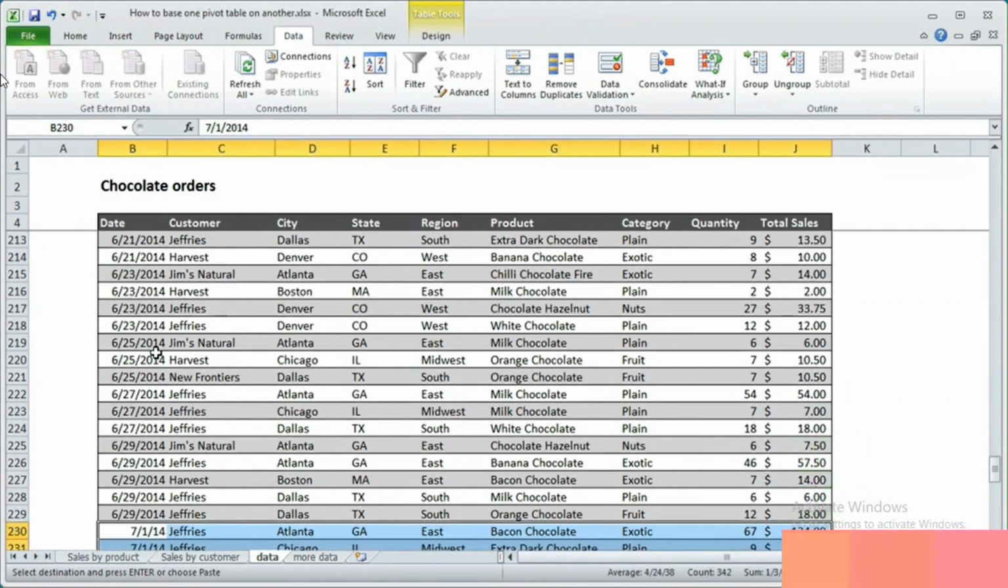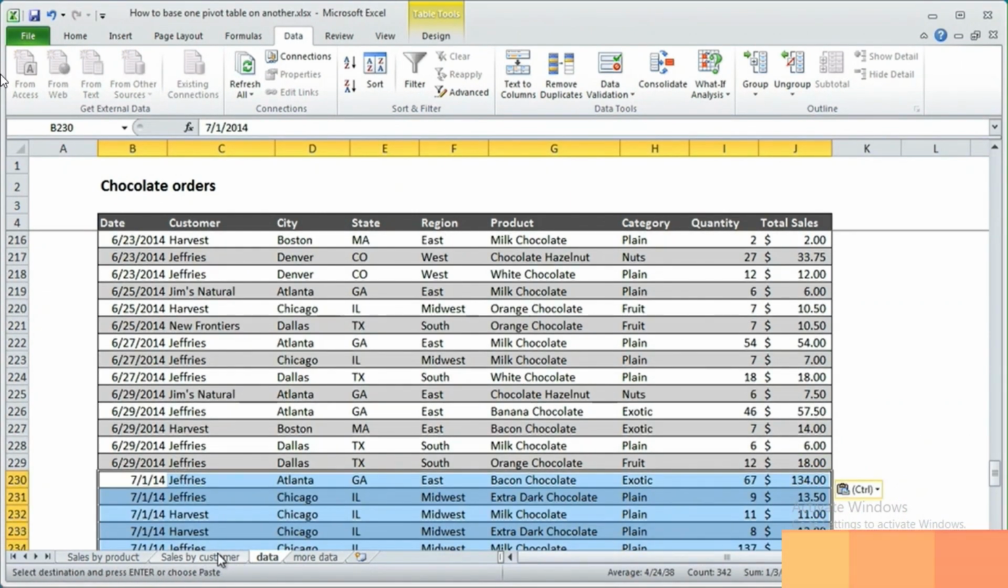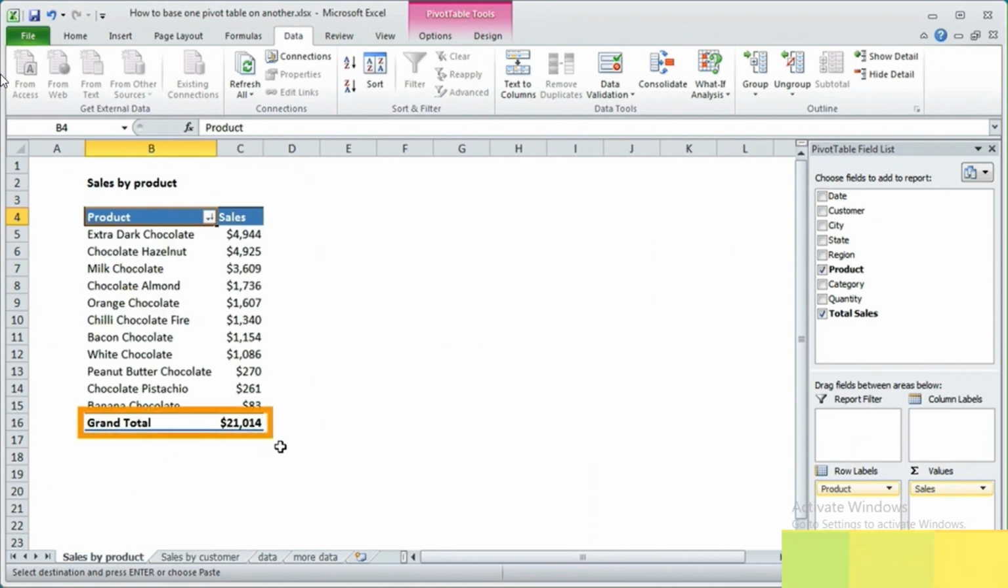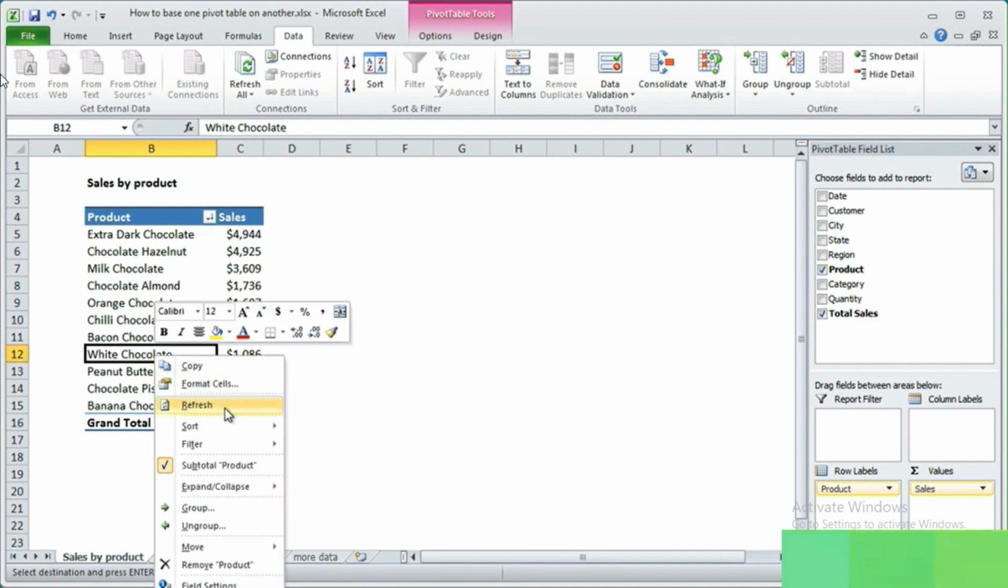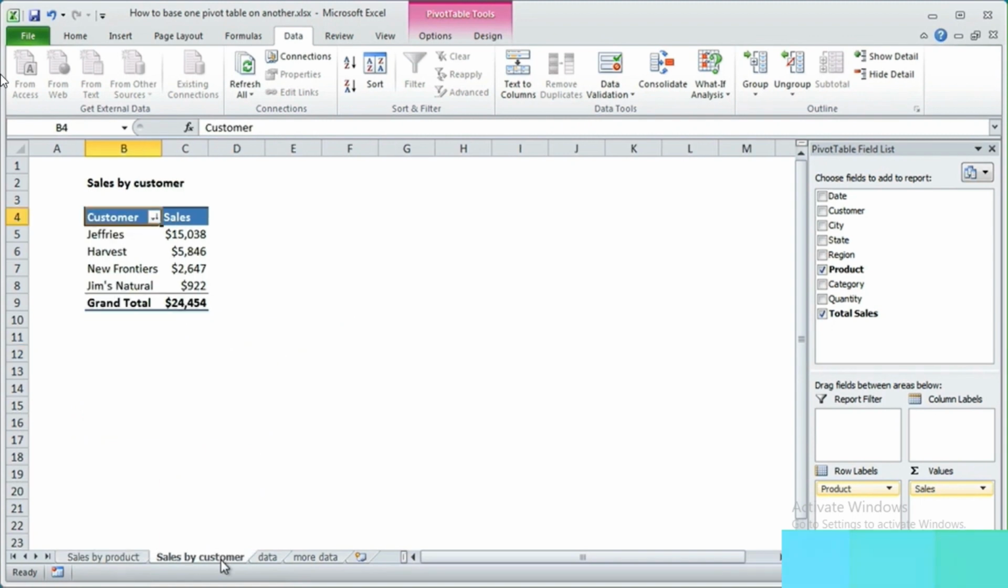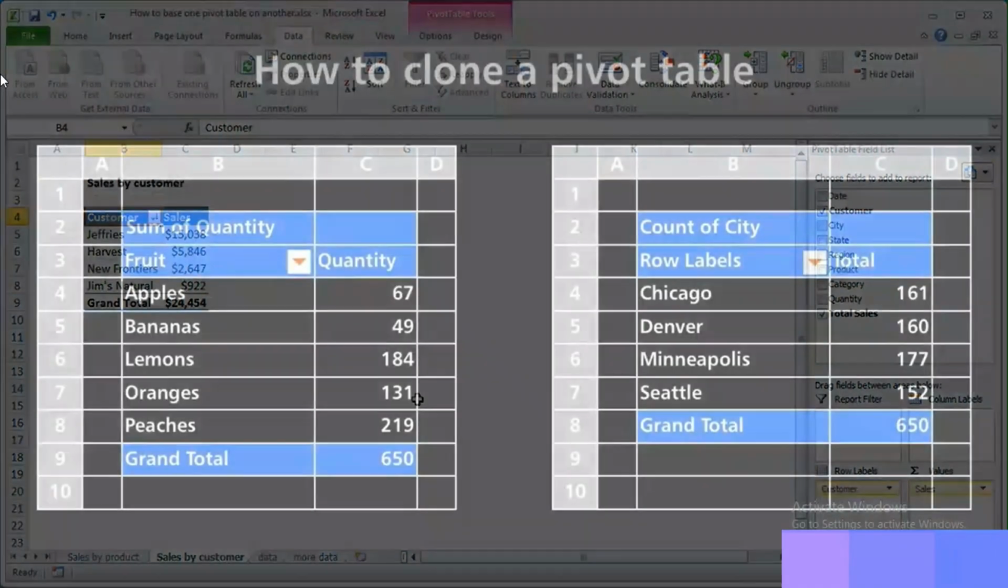Before I refresh the data, notice the total in each pivot table is about $21,000. When I refresh the first pivot table, you can see we have a new total of over $24,000. And if I check the second pivot table, we see the same total there too. You can use this same approach to create as many pivot tables as you need,